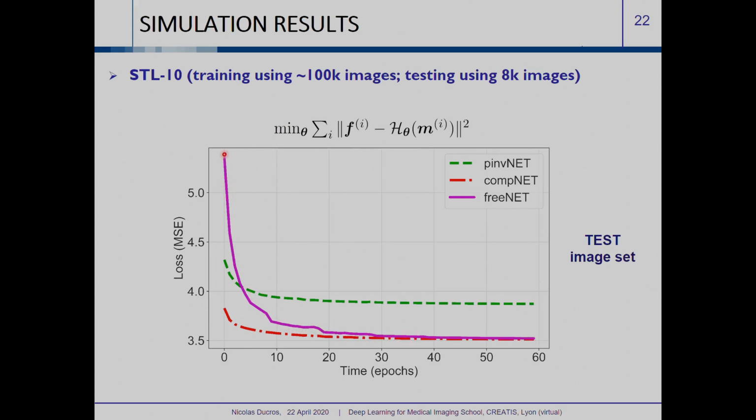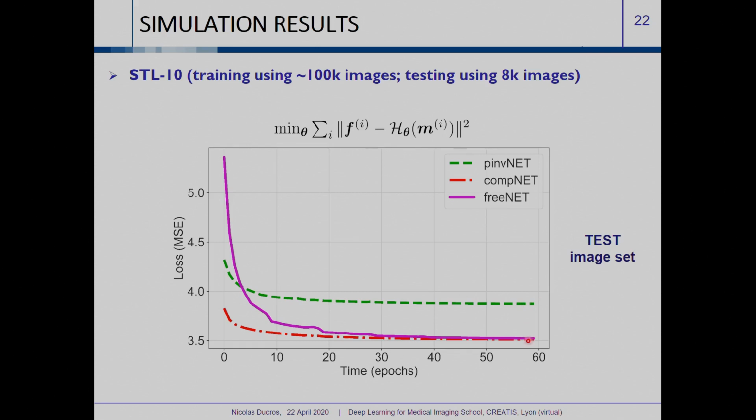It goes down here. Here we have the CompletionNet. Basically in the end the reconstruction error after 60 epochs is the same. CompletionNet and FreeNet have the same error. It's much better than the PinvNet. However, the CompletionNet has